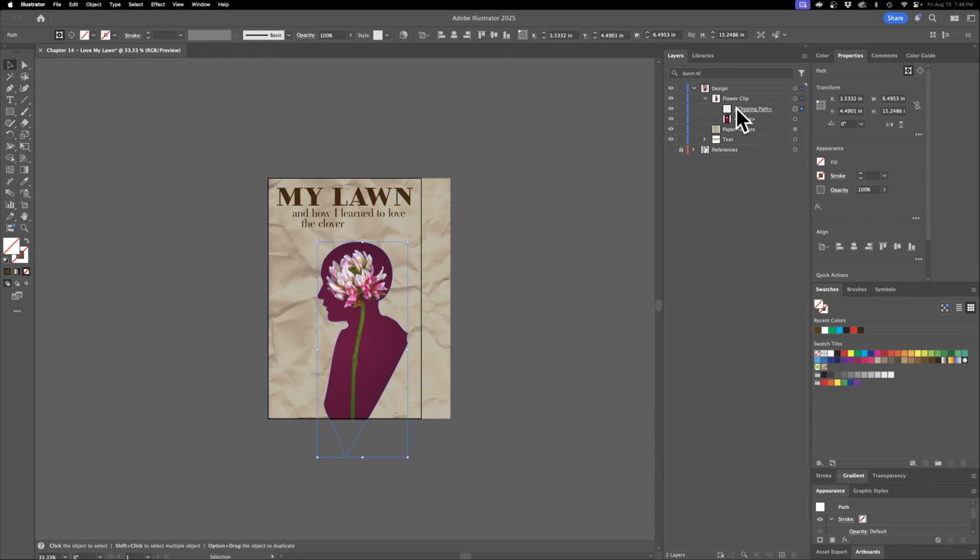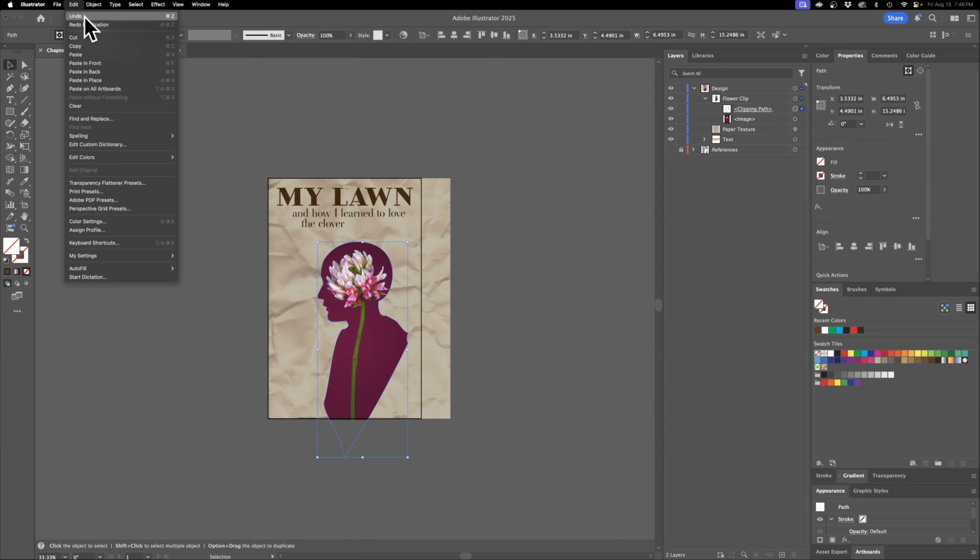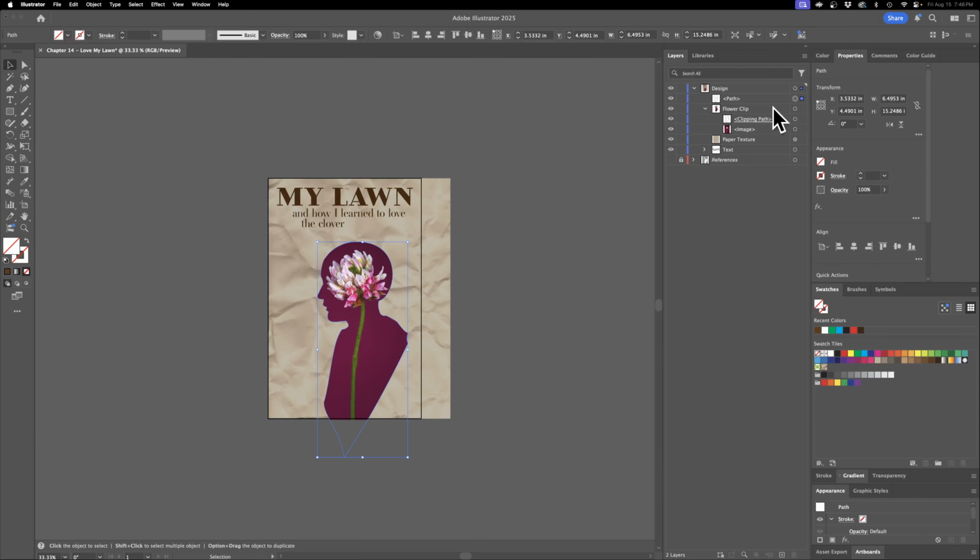Another way that you could do it is if you have it selected, you can come up to Edit, Copy, and you can do Edit, Paste in Place if it's not as easy to drag out. And I'm going to label this figure shadow or something like that. To add our figure shadow, I'm going to grab that same dark brown that we used on our text. So I'm going to